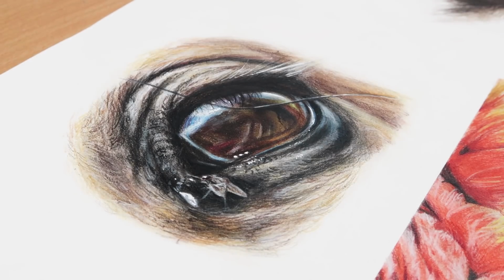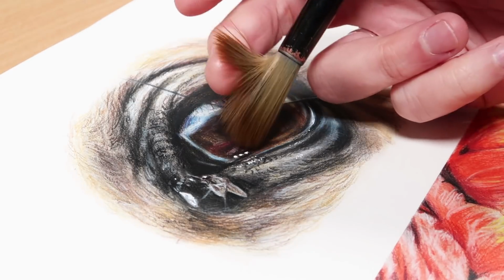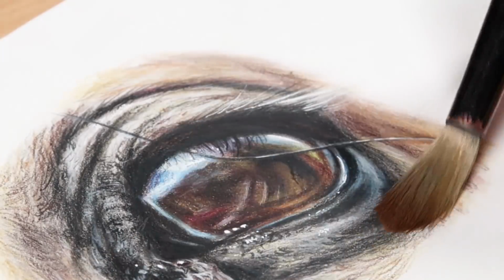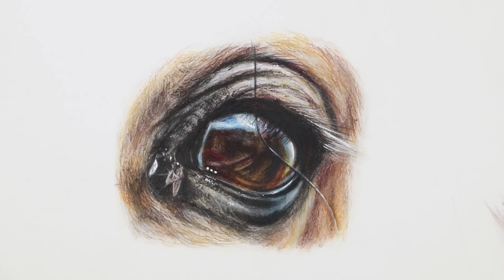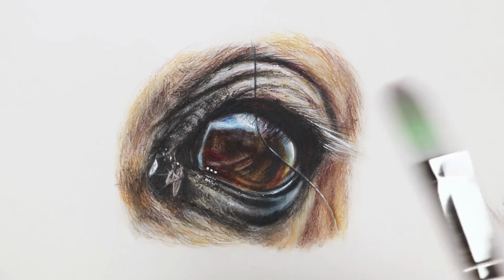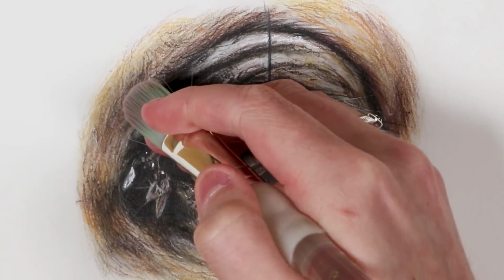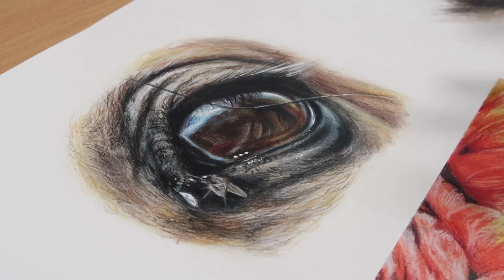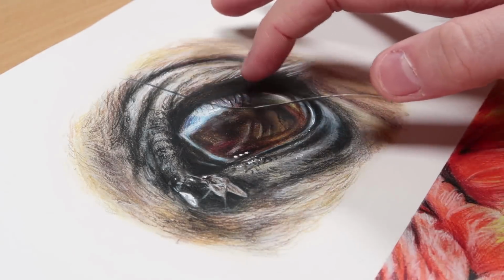Another type of mistake I see people making with brushes, like I said, is using the wrong type. So you wouldn't really want to use this fluffy brush to blend out the colored pencil because it's not stiff enough and it just won't really work. What I do recommend is using filbert brushes or flat brushes like this that are a lot sturdier and are just stronger to actually blend out with. So overall, make sure you're using the right type of brush and also the right sized brush depending on the